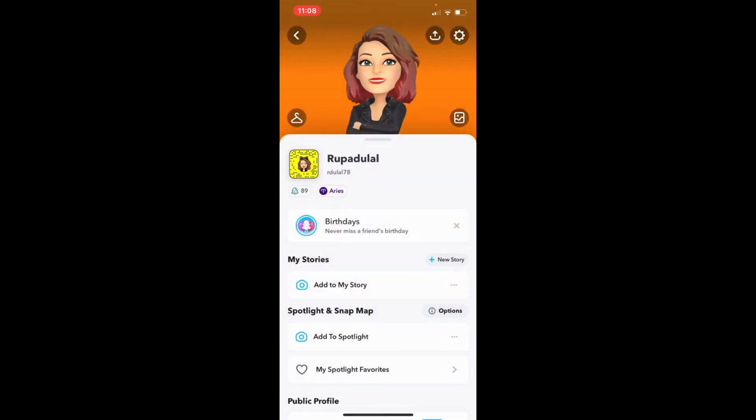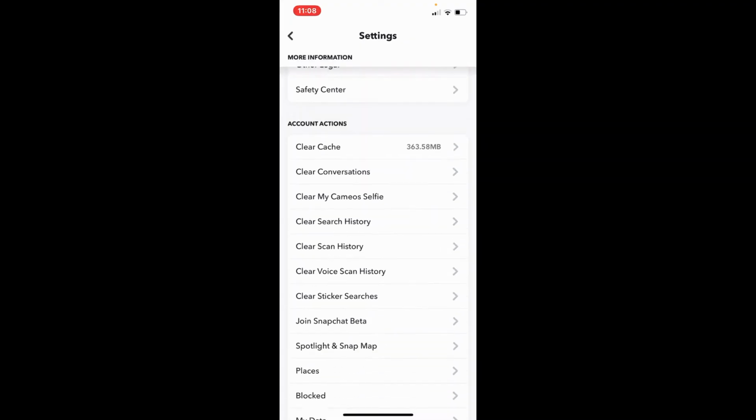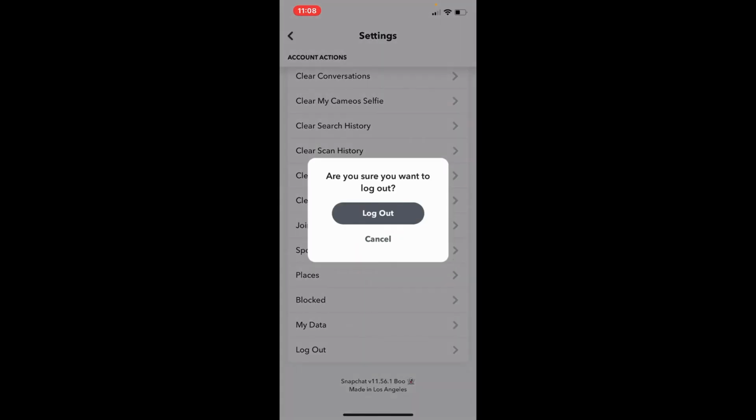If you see a poor quality photo on Snapchat, then you should first try to sign out from Snapchat. Go to the human icon from the camera screen at the top left corner and tap on it. Tap on the settings button in the top right hand corner from your profile page, scroll all the way down and tap on log out. In the pop-up, if you'd like to save the login information, tap yes and tap on the logout button one